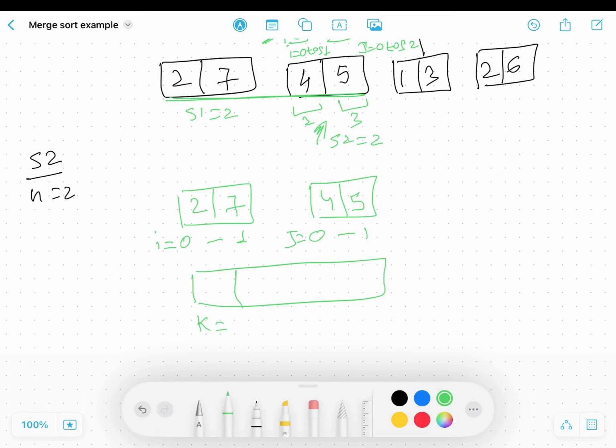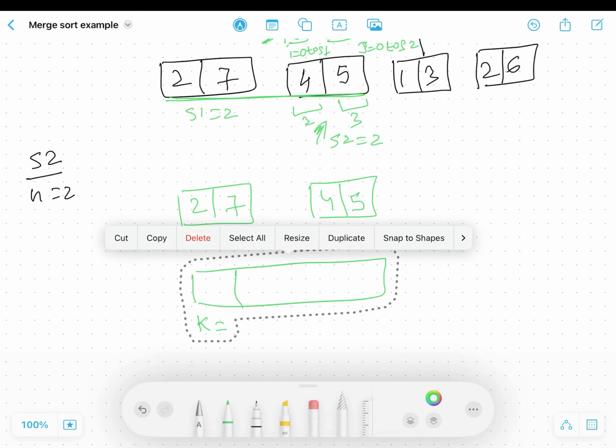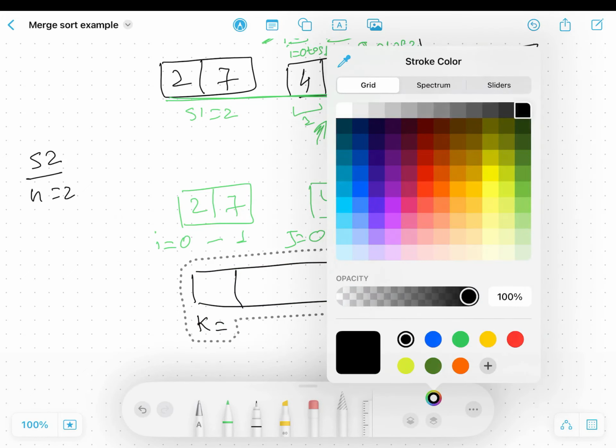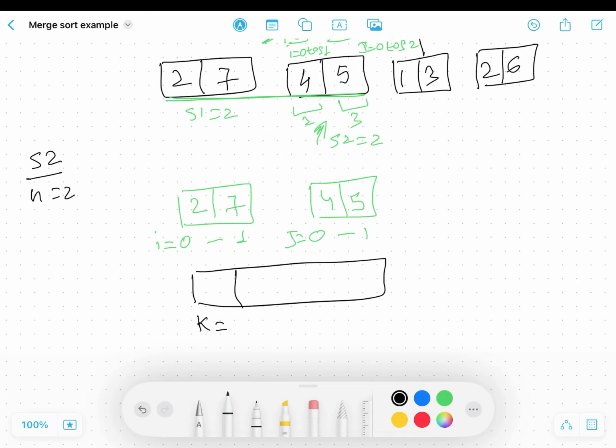K is going from 0 to 3. So we compare 2 and 4. 2 is smaller and I is incremented to here. Then 4 and 7. 4 is smaller. 4 comes here. J is incremented here. Then 7 and 5. 5 comes here. And as soon as